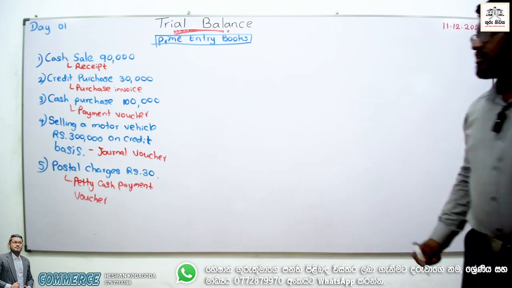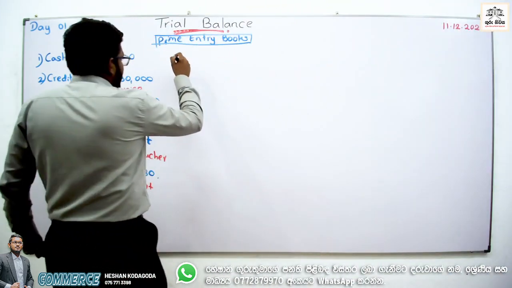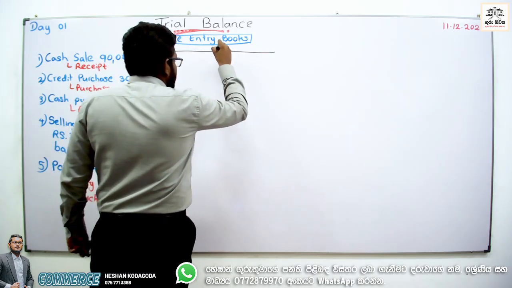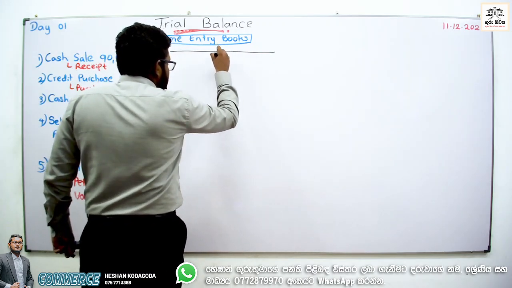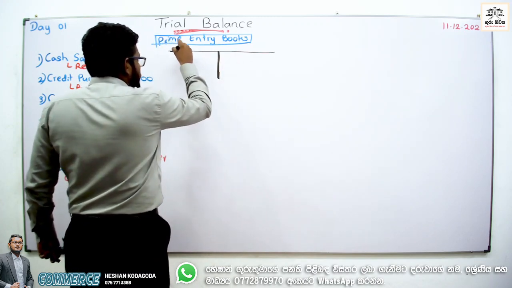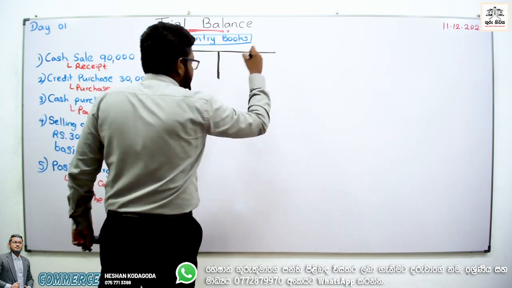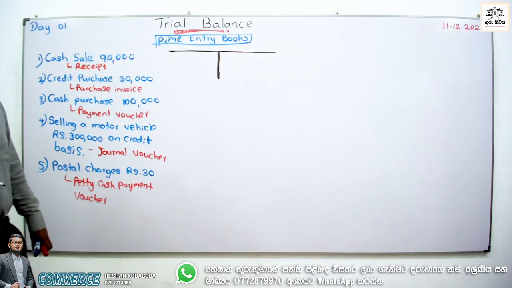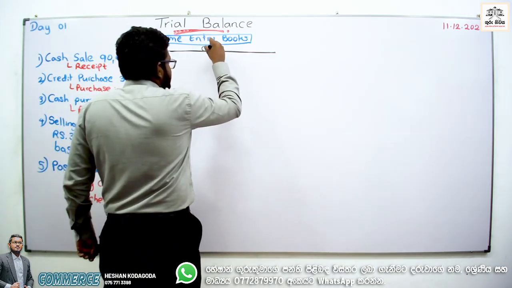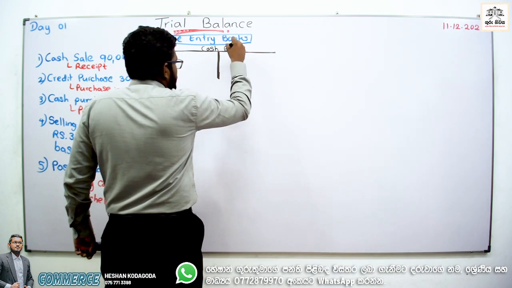So I'm going to prepare the cash book like this. This is the cash book, just only T format. Concerning the space, is it clear to you guys? Concerning the space, only the T. Right? Okay. So only the T format cash book. So other than the cash book, what do we need?